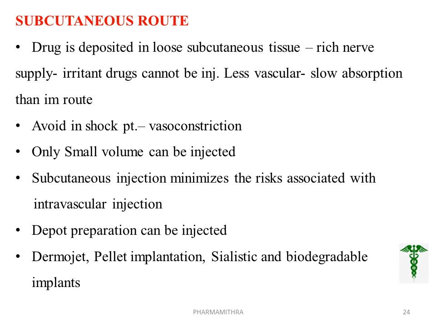Depot preparations can be injected, and some special routes of subcutaneous injection are dermojet, that is, a high velocity jet of drug solution is projected from a microfine orifice using a gun. It is a painless method. The second special method is pellet implantation, that is, a solid pellet is introduced into the subcutaneous tissue with the help of a trocar and cannula and produces a sustained release over a week.